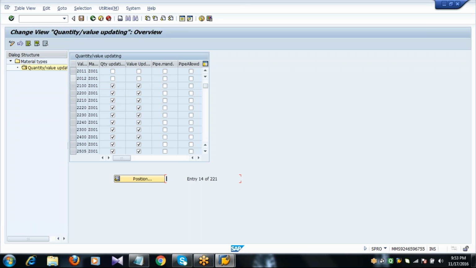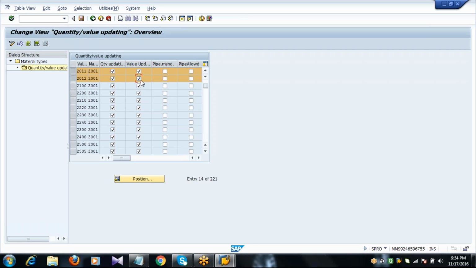Press enter. So here, with the combination of plant, that is valuation area, and the material type, you activate the indicators quantity updating and value updating. These indicators are activated in order to update the total stock and total value in the material master.